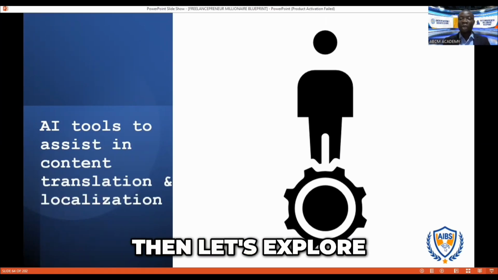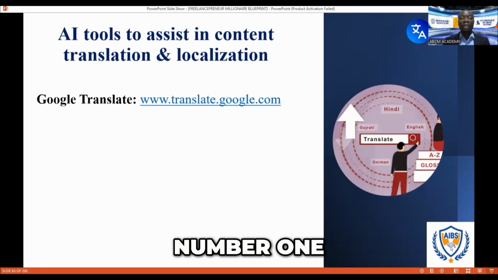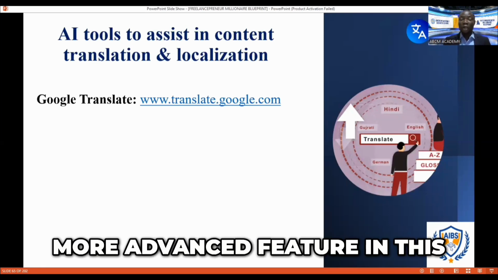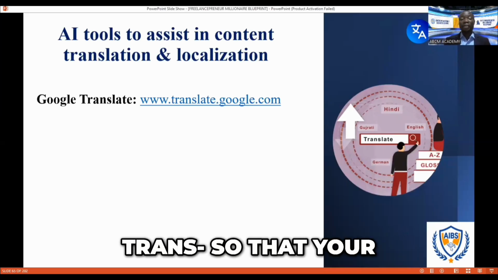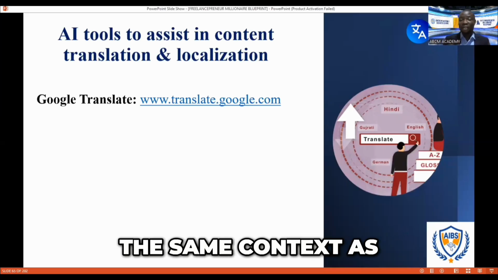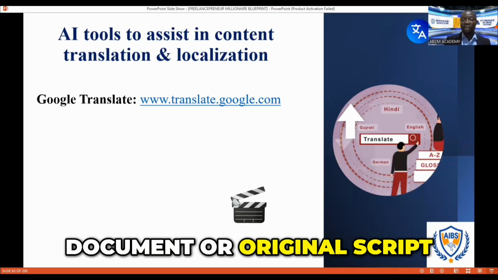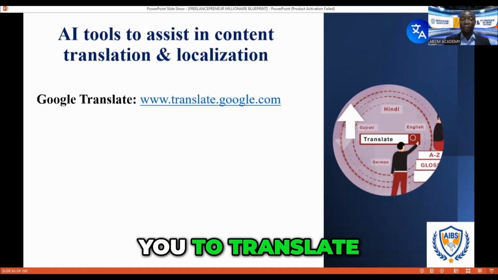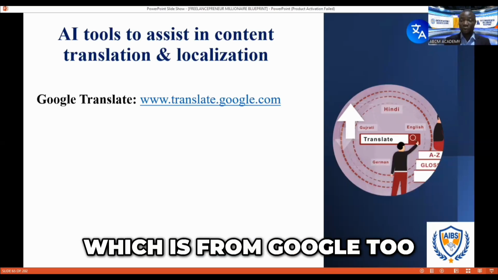Then let's explore the AI tools you can use for translation and localization. Number 1, you can use Google Translate and integrate more advanced AI features, so that your translation can be in the same context as the original document, original script, or original information they want you to translate. Even Gemini 2, which is from Google too, works for translation.